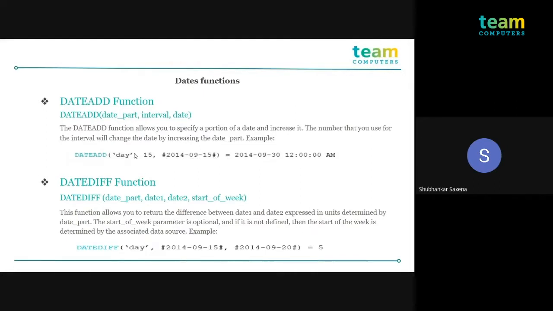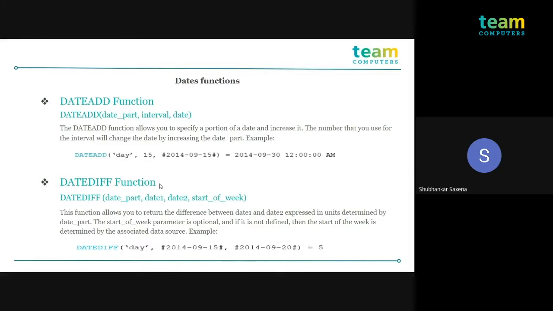In the example I am showing here, 15 is the interval I want to add on the day part for the particular date. So the result will be the specified date plus 15 days.